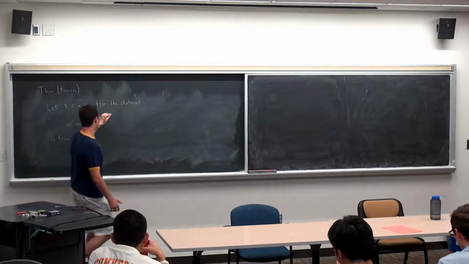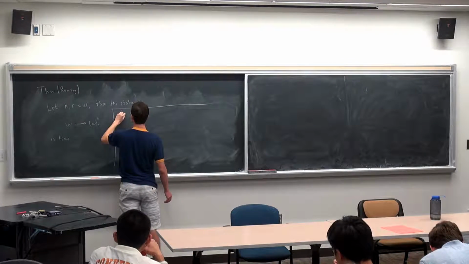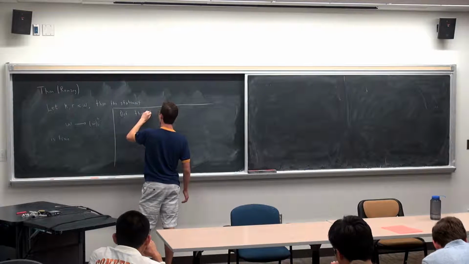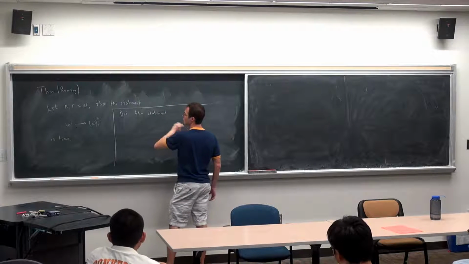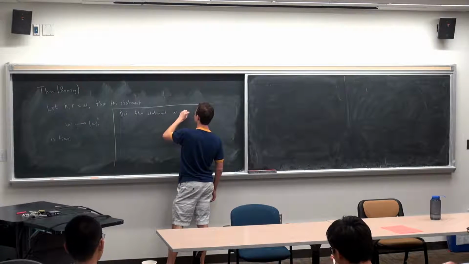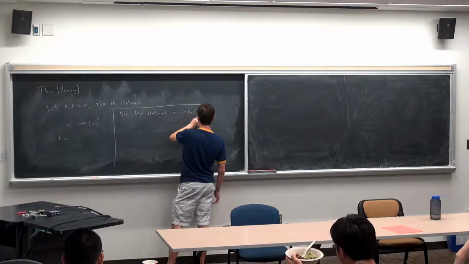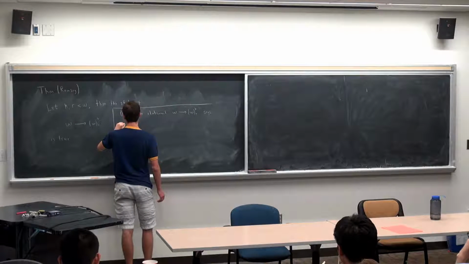What does it say? So the statement omega arrows omega k r says that